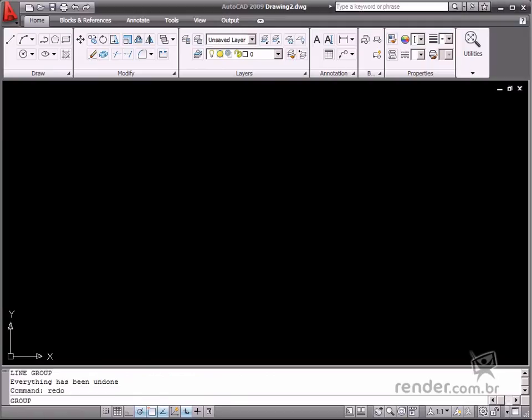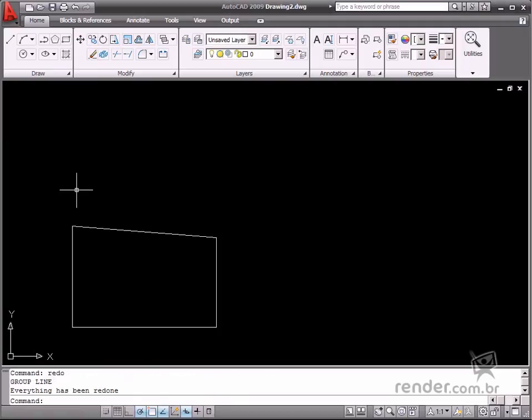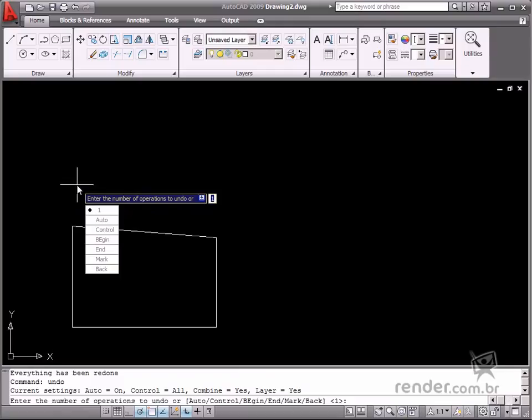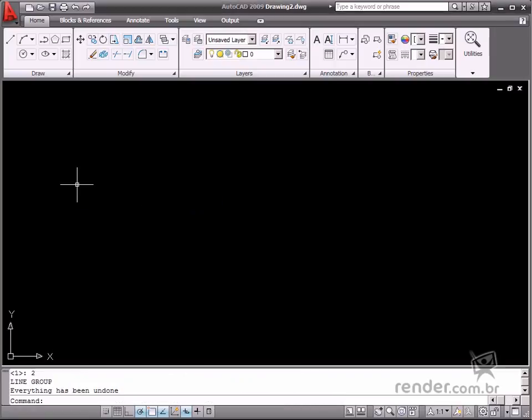You can also type the undo command here. You can enable some command options this way and facilitate your design creation process. This way it is possible to assess the command and define the number of actions you wish to undo. To do this, just type the number of actions you wish to undo and press enter for confirmation.